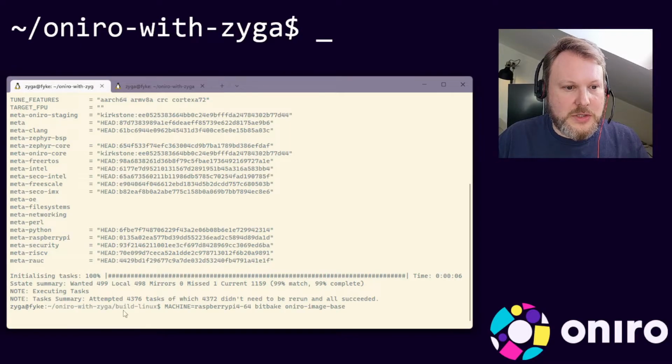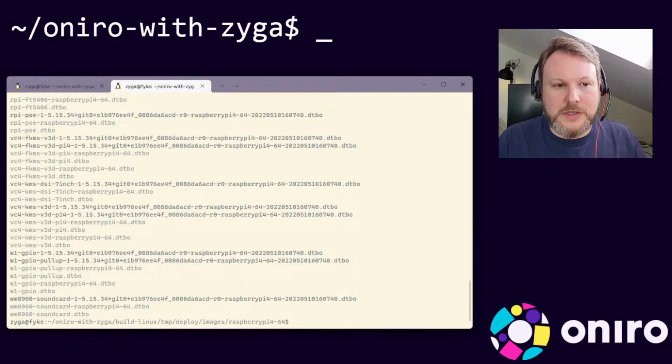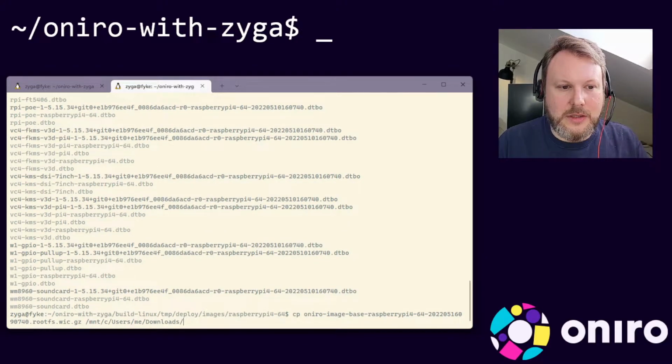So here I was just on the top in the build-linux directory, and here I'm in tmp deploy images and the machine name. And there's a lot of files here that the build system has put, but we're actually after only one file. And this is the root file system image. So the file here is named oniro-image-base, then the machine name, raspberrypi4-64, and then a timestamp, and then a